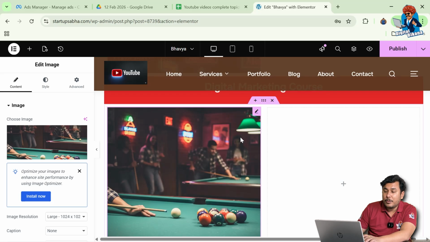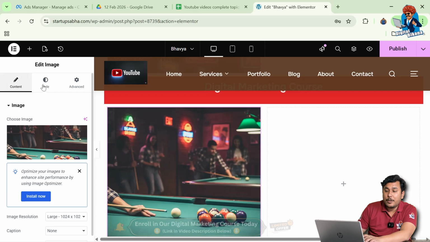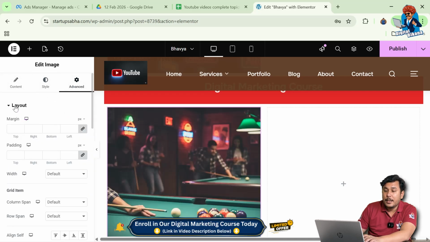Then for that you need to move your cursor over the image and you will find a pen icon in the top right corner of that particular widget or element, right? You need to click on that pen icon, and then in the left side toolbar there are again three settings: content setting, style setting, and advanced setting. You need to move to the advanced setting, and in the layout, as you can see, there are two options: